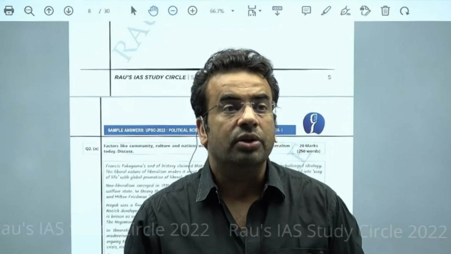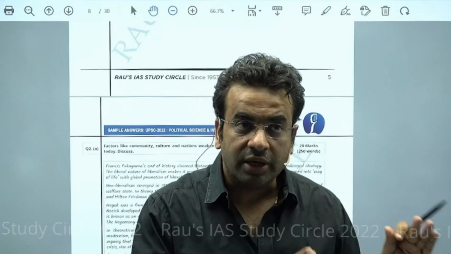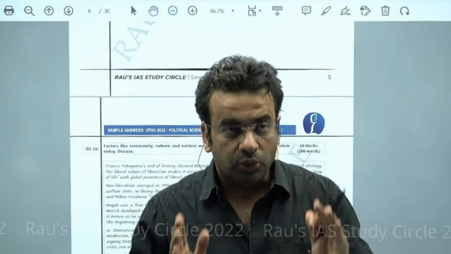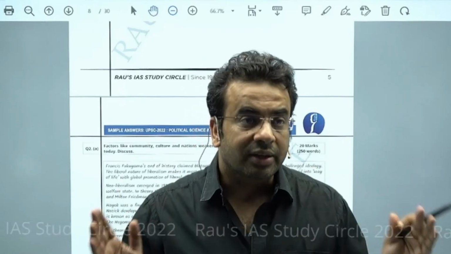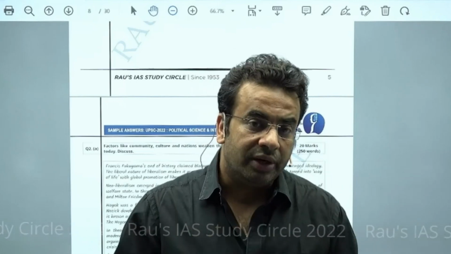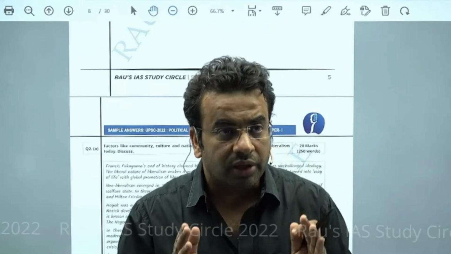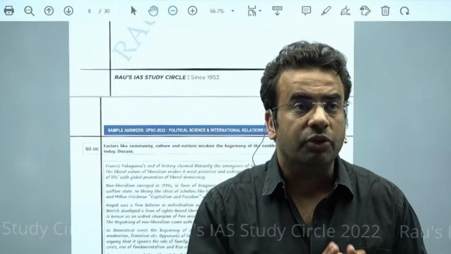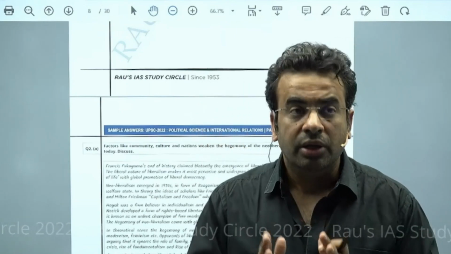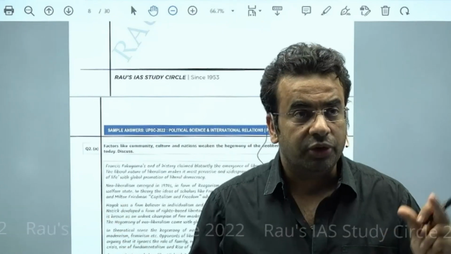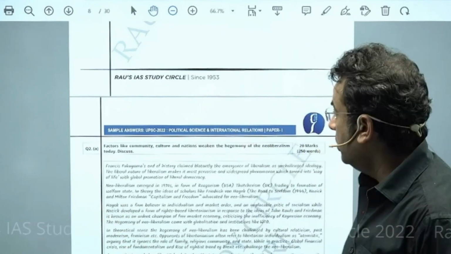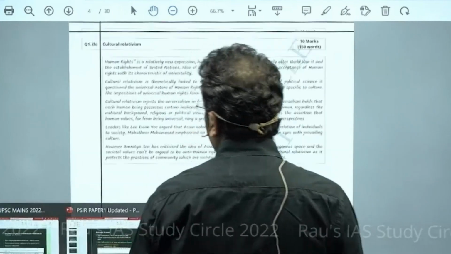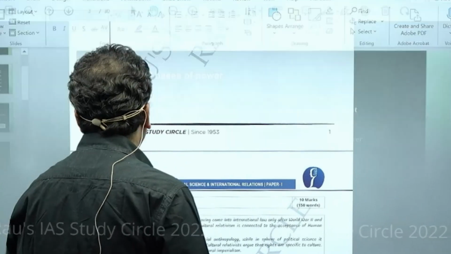But this practice you can only do once you have the content with you, once you are done with PSIR. So it will only benefit those who have at least read the syllabus, at least thrice, and have the right material with them. Once you have the right material, this is the time to take the benefit of the test series. Other than these model answers for both paper 1 and paper 2, you will be able to find these